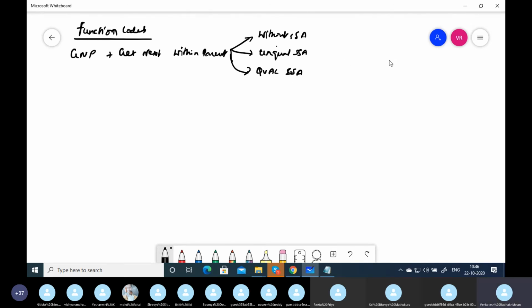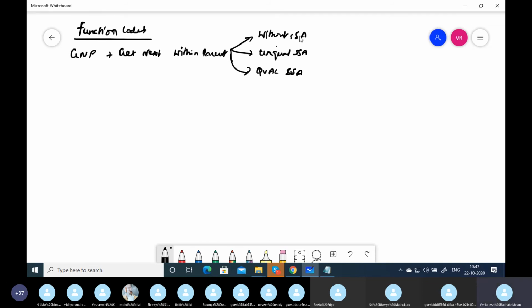let's take the BJ database which we have seen. In the BJ database, say Bahubali is a movie. There are 1,000 people who rented the movie. 2 people within the 1,000 didn't pay, so the paid flag will be N. So what we can do, instead of reading an unqualified SSA and checking in the program whether the paid flag equals N, is better to give the paid flag as a part of the qualified SSA, provided paid flag is a field in the DBD. It should be a search field in the DBD. In the DBD, as you are aware, we have key fields as well as search fields. Only those fields can be used in qualified SSAs.